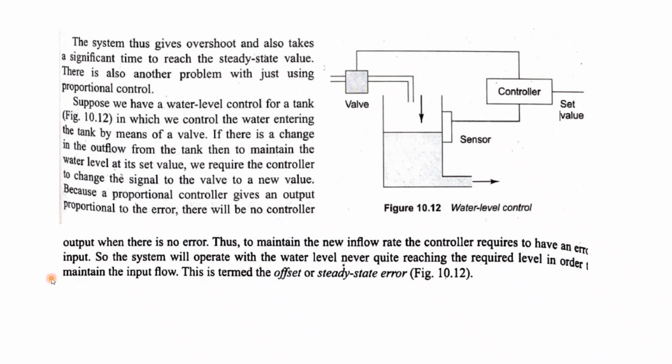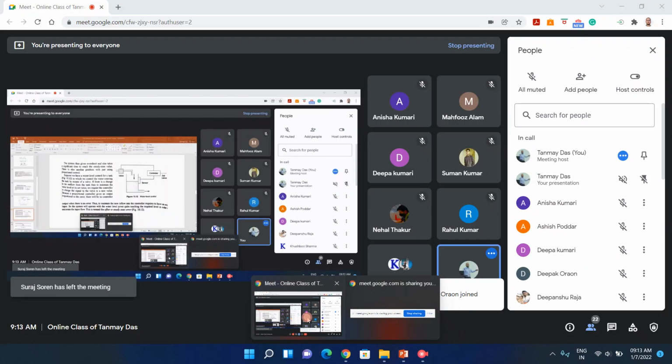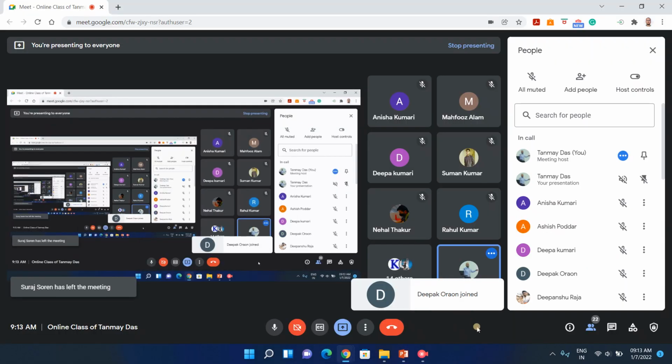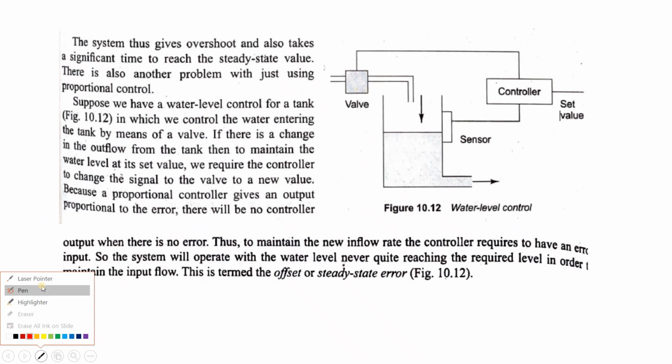Now, for an example, if we take the example of a water level control, you can see this is a water level control where this is the main reservoir, which is collecting the water from the valve.